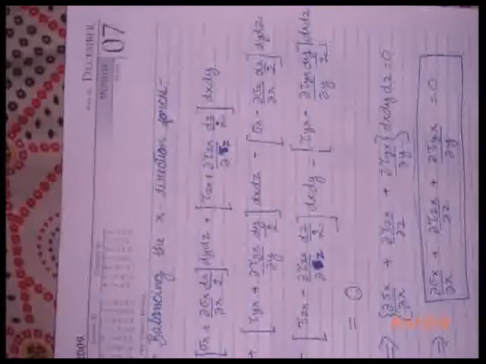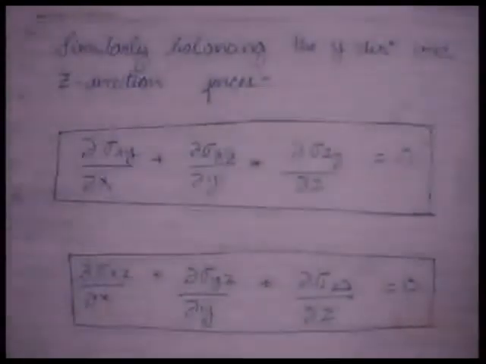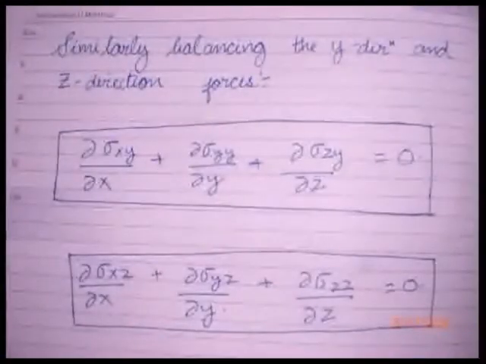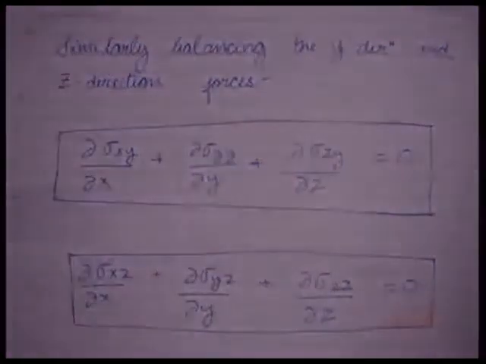So what we do is just balance the forces. First we balance the x direction forces, and as you can see, I've shown a calculation of the x direction forces. When we solve this whole thing, of course you must remember to multiply by the area, because we are balancing the forces, not the stresses. Once we balance the forces, we get this particular equation, and similarly by balancing the y and z components of the forces, we get these two equations. So these equations, all in all, describe a body in equilibrium but in a non-homogeneous stress field.